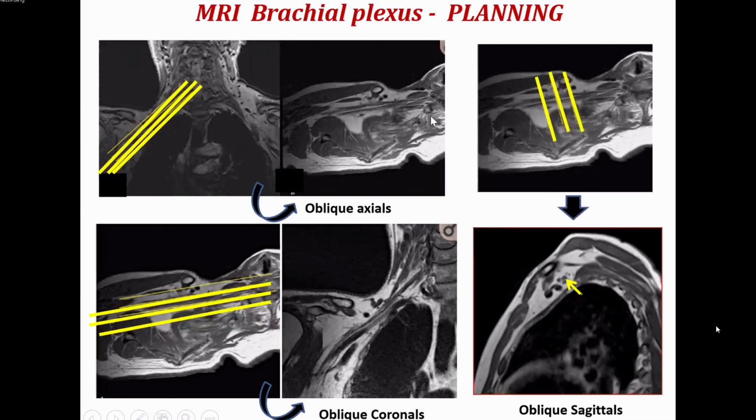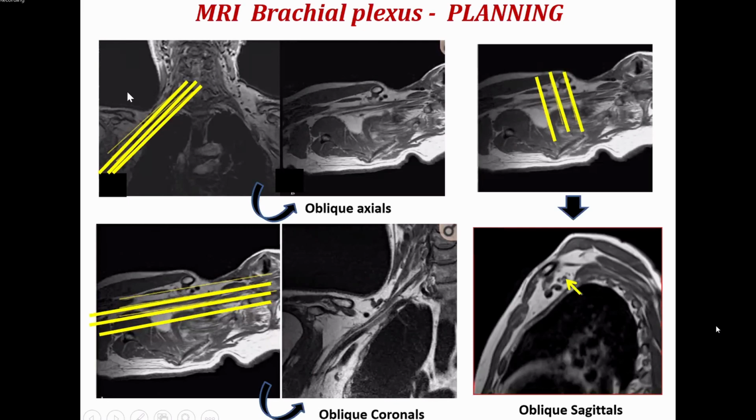The most challenging one will be your brachial plexus imaging, okay? When it comes to brachial plexus imaging, there is no true planning of the sagittal or axials or coronals. It's all because of the complex anatomy of the brachial plexus that you need to modify your technique, and you need to evaluate the brachial plexus better so that you see all the segments of the brachial plexus from the roots to the branches. So what you should do is oblique.